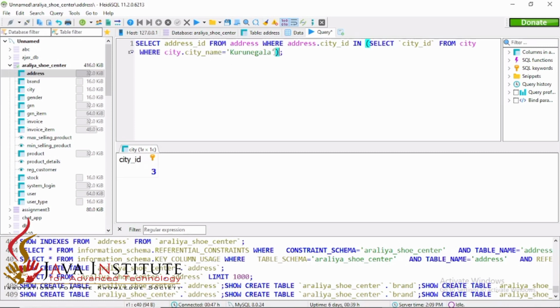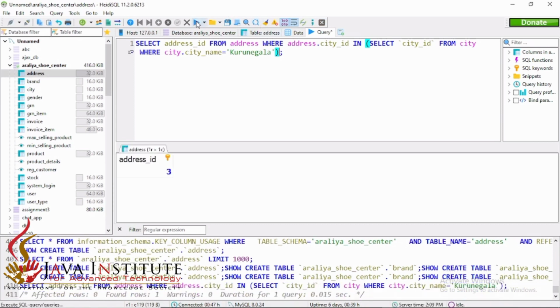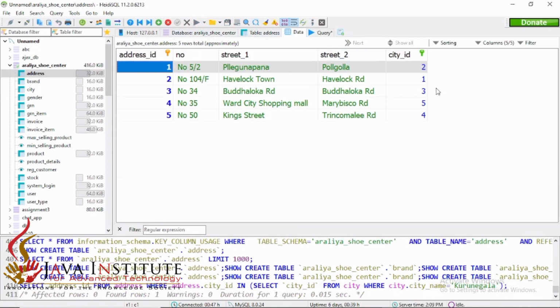Here we have to close the bracket, and after executing this we can get the address ID as 3. So let's look here, this city ID 3 is for the address ID 3.